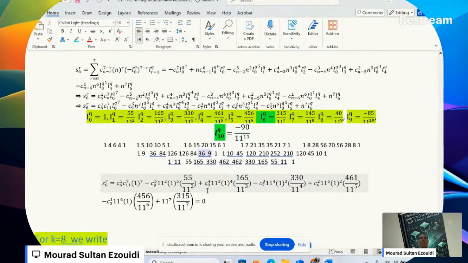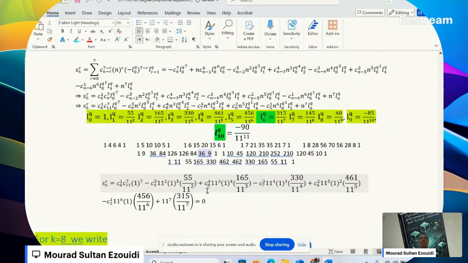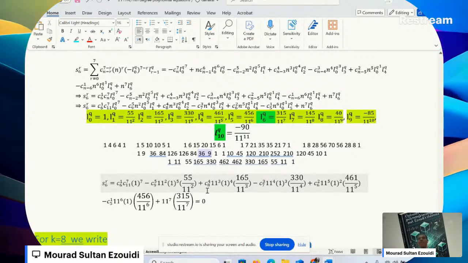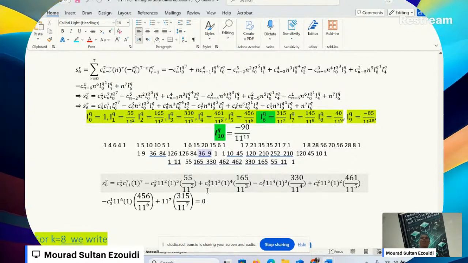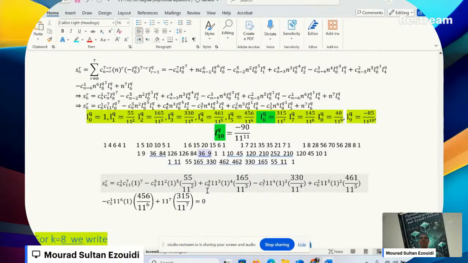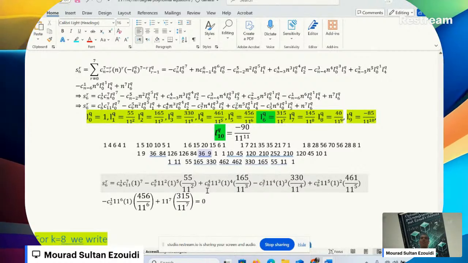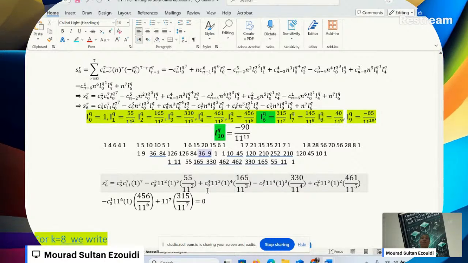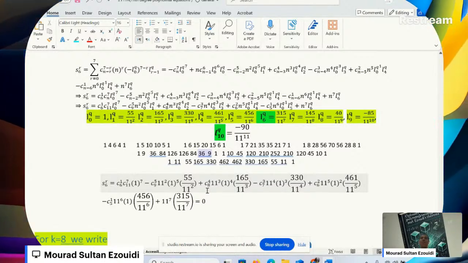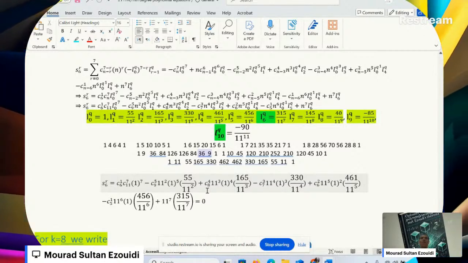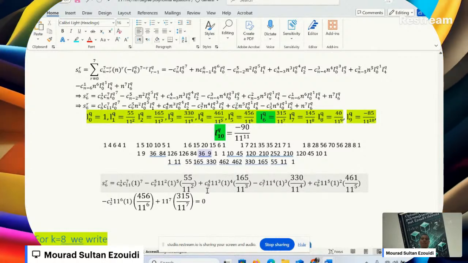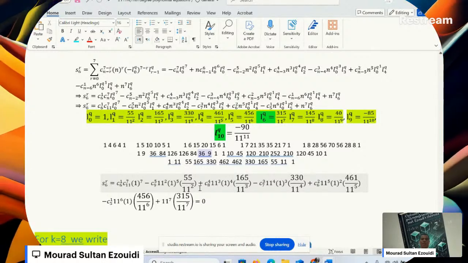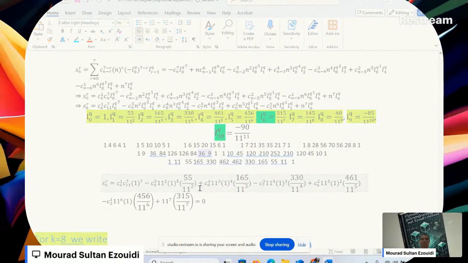So this proves not that Abel was wrong, but that there is more beyond the boundary he described. So Ezouidi theorem doesn't break the rules here. It reveals the deep structure behind them. So we can say that. Let's continue.